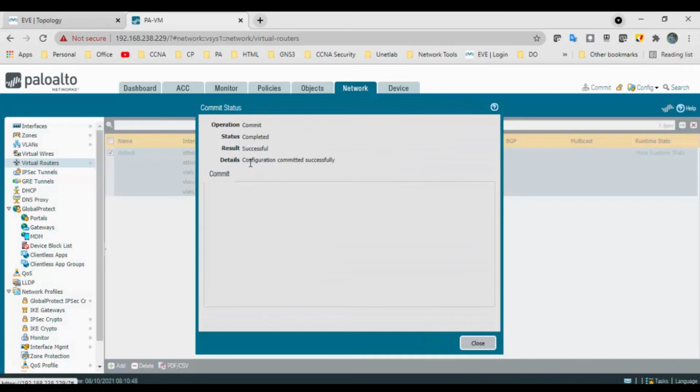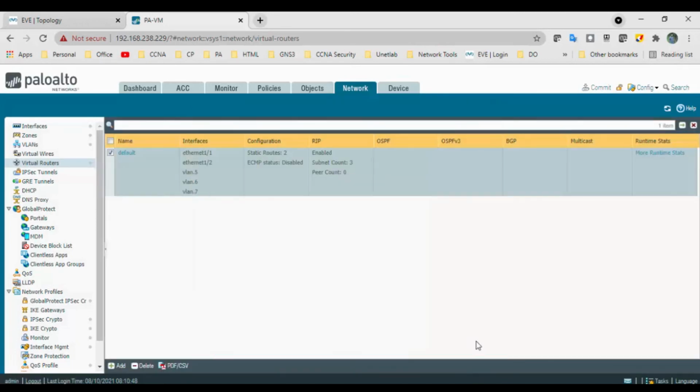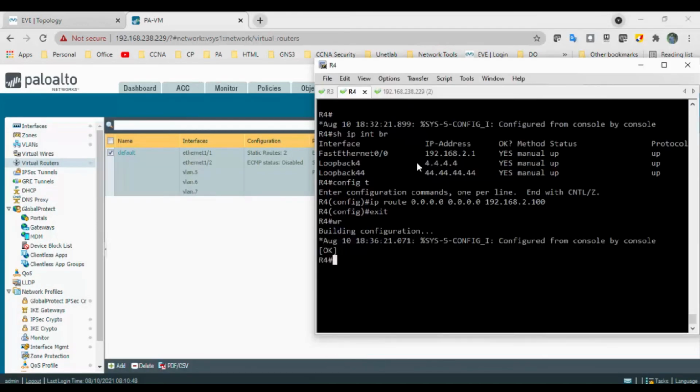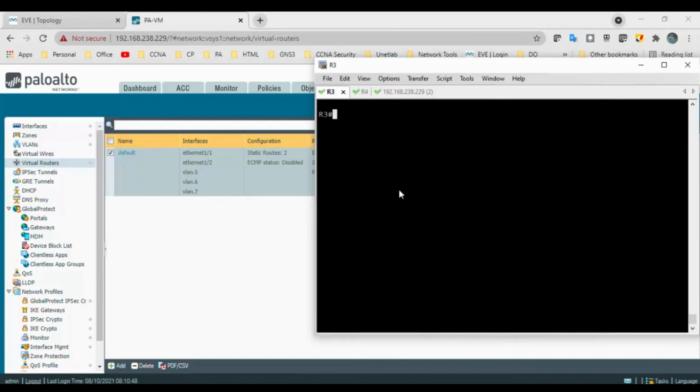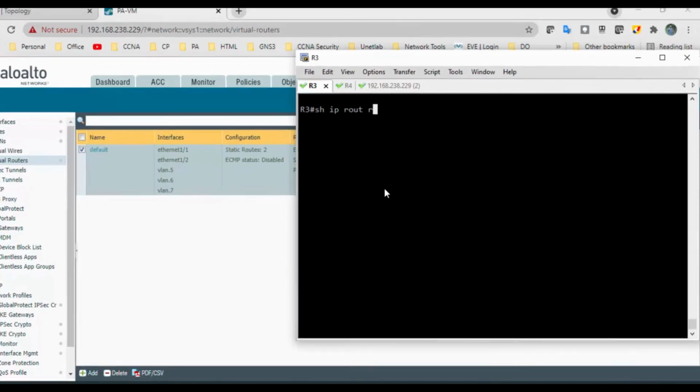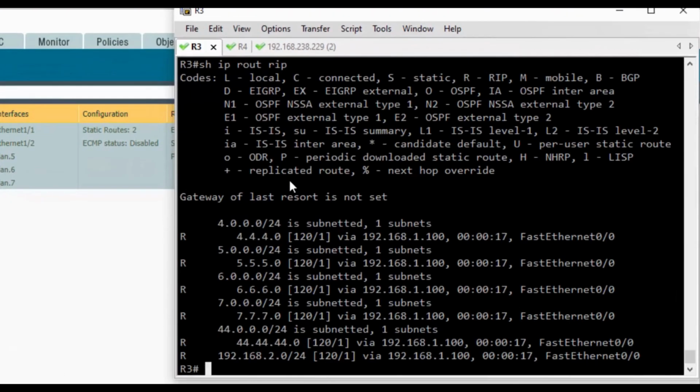Okay, configuration committed successfully. So click on close and go to router 3, and show ip route rip. So you can see router 4's network in the routing table, as well as 44.